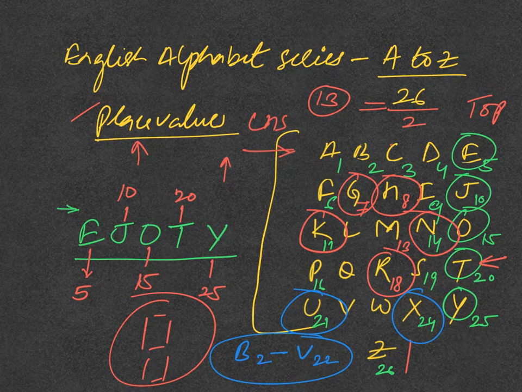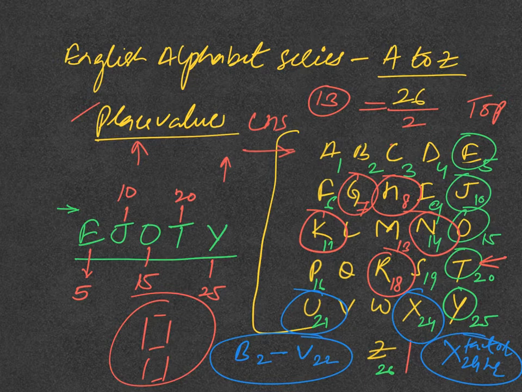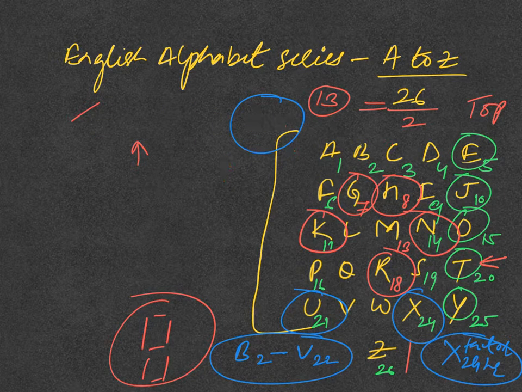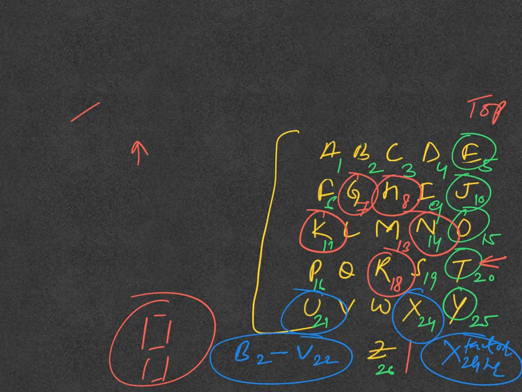X factor, 24 hours. Okay, X factor, it is used in 24 throughout the day, or 24 hours. So we can consider it as the X factor. So this is how we can learn all these alphabet values from the left hand side. Okay, so as we have learned all these values from the left hand side, we have to learn these values from the right hand side as well. So we will discuss this thing here.